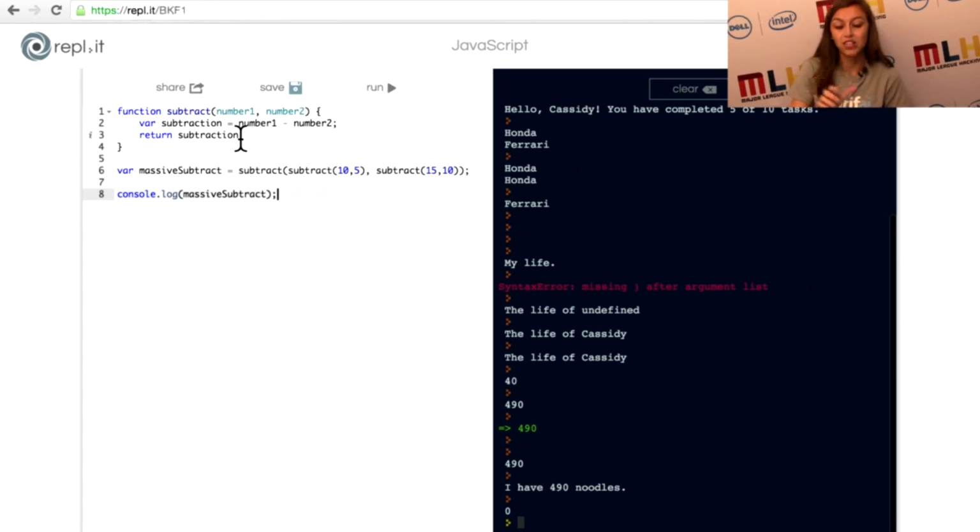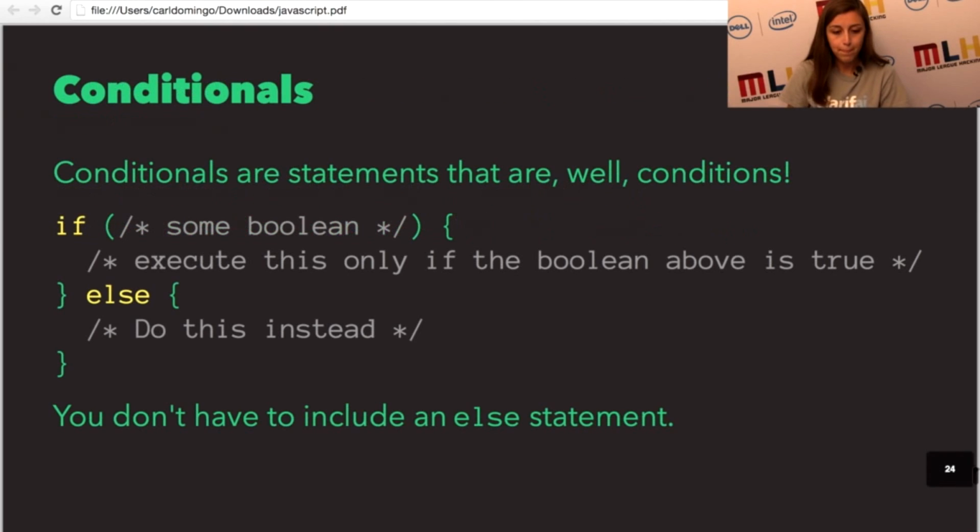I could create an add function and also call it in this subtract function. I could create a function inside the subtract function and continue making it go deeper and deeper and have functions in functions. There's all kinds of options for you to just make all kinds of different equations and things to put together. Now I'm going to talk to you about conditionals.